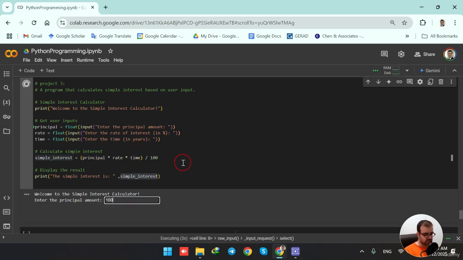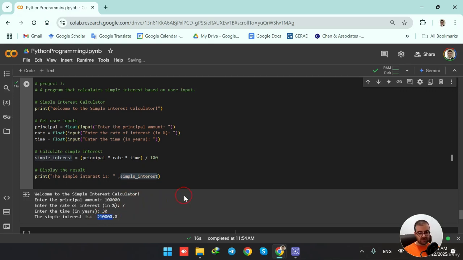So now I would like to get a mortgage from the bank to buy an apartment, for example. I would type down 100,000. I would say the interest rate is 7, and I'm going to return it in 30 years. It says that after 30 years, I have to return $210,000 to the bank for the initial principal amount of 100,000 with the 7% of the interest for the duration